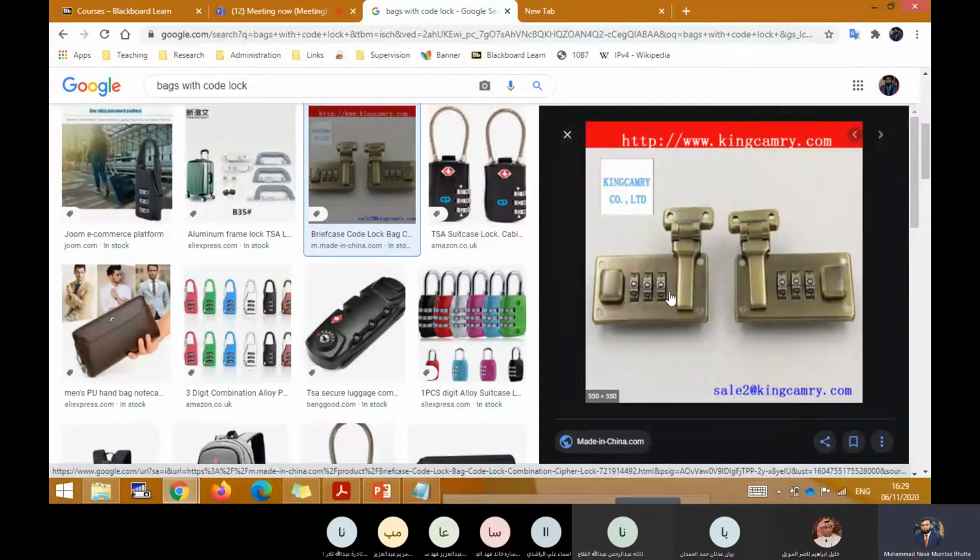In this way, whatever possible combinations are there, you will try. When you try all the possible combinations, this is called a brute force attack. So you try all the possible combinations. If there are 3 spaces, how many characters can come in one place? 0 to 9.